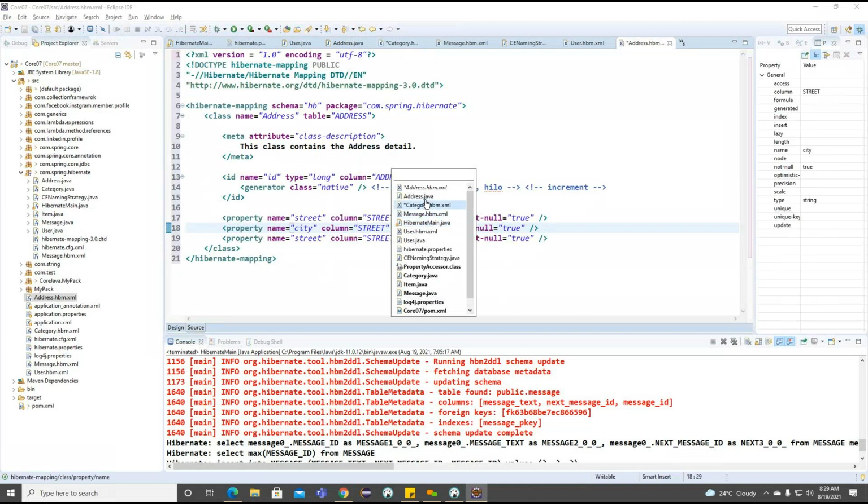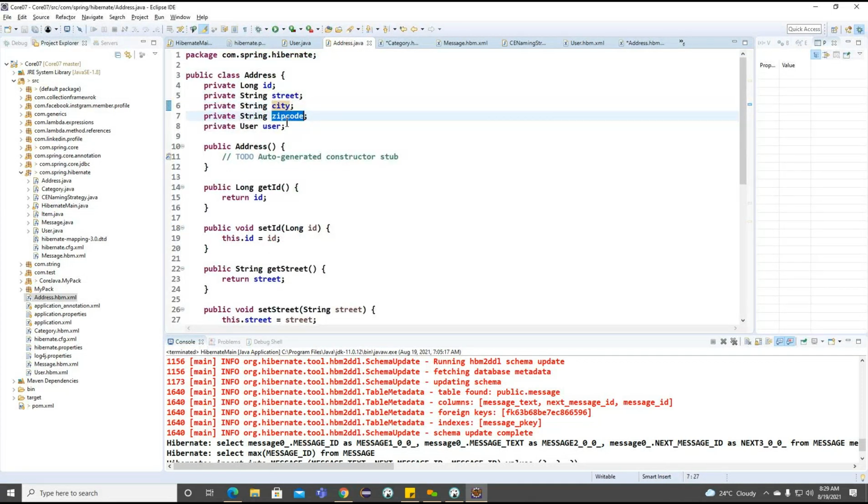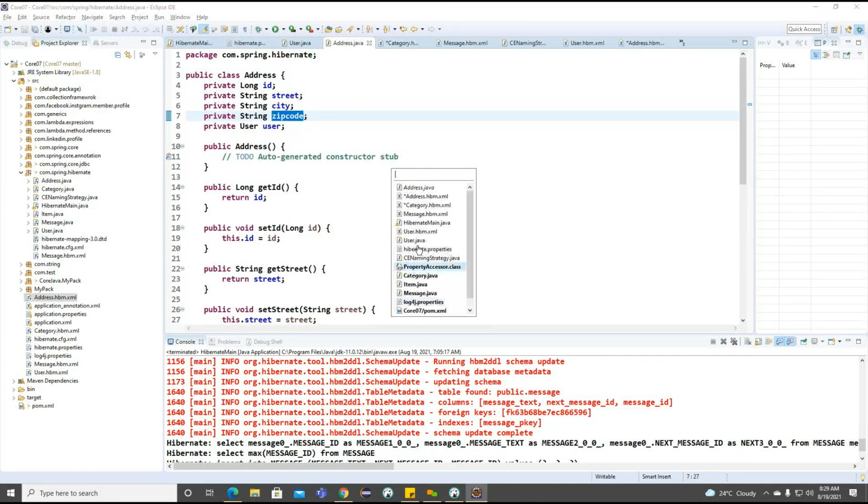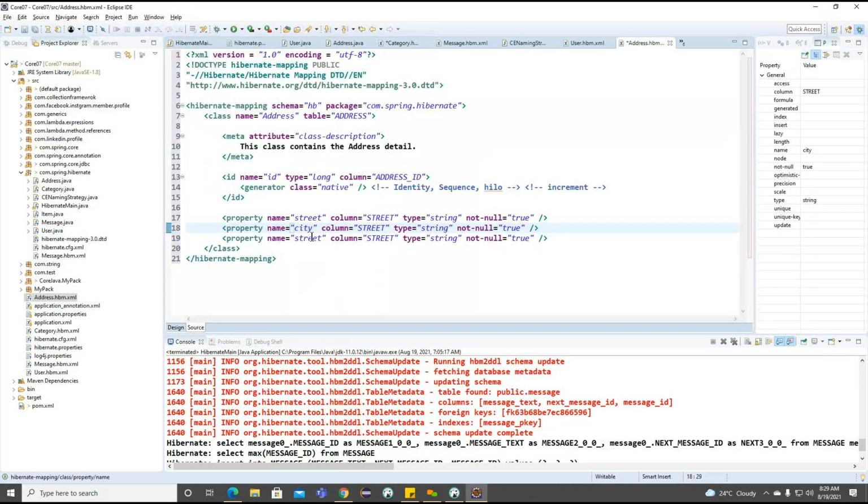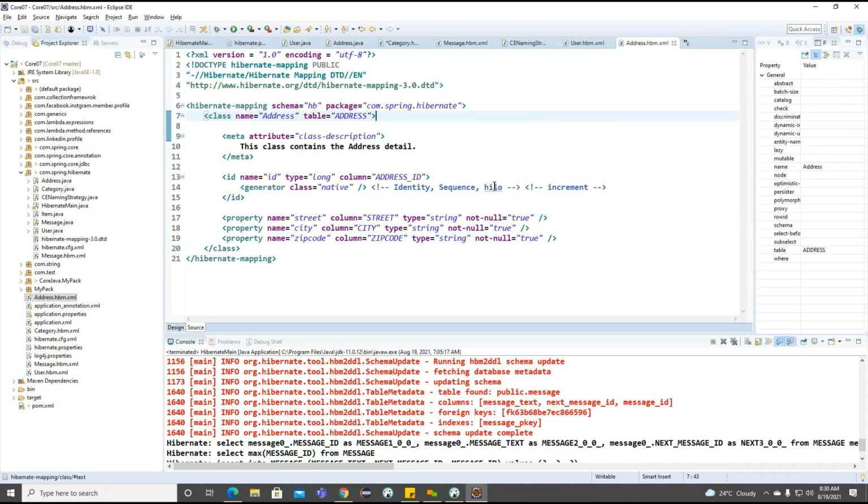Street, and finally zip code here. Okay. City, zip code. So this is all about the particular data here.